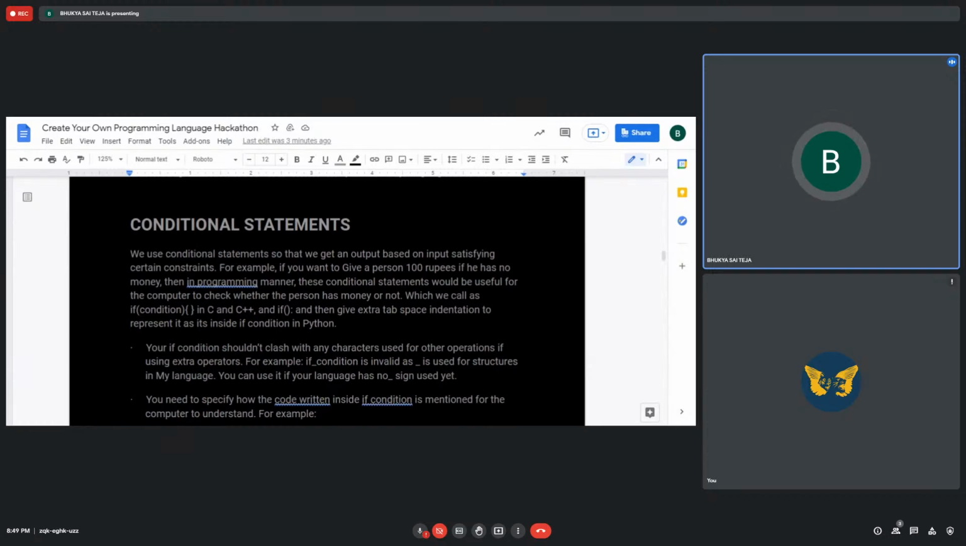for that kind of statements, you need to actually code a program, right? And no kind of mathematical operators could actually do it because you need to give something so that your computer understands that if and only if this condition is satisfied, you have to give him 100. You should not give him 100 if he has money. So for the computer to understand this, you need to give a conditional statement. Okay,